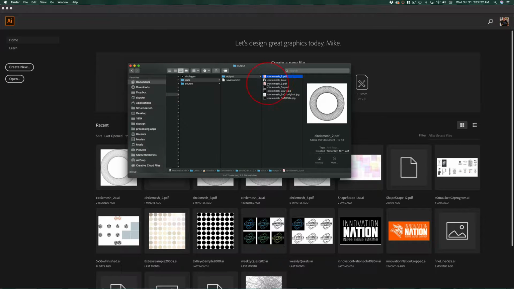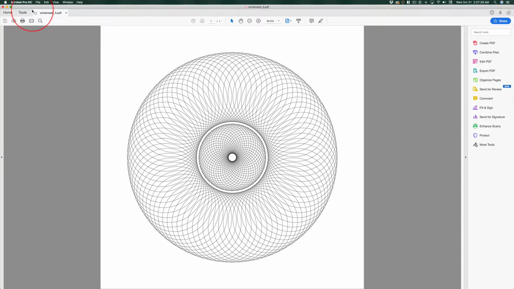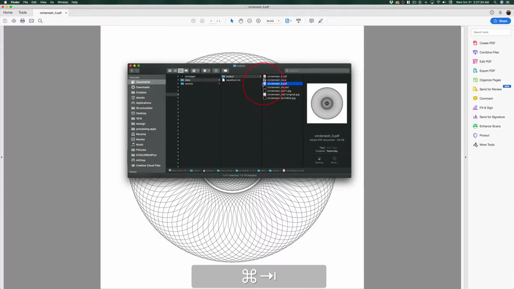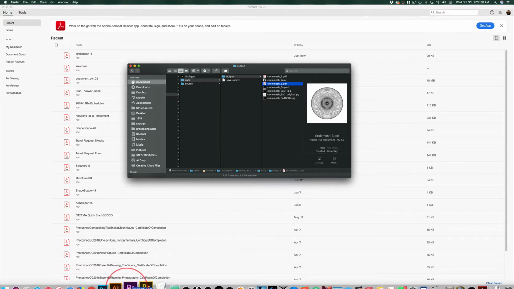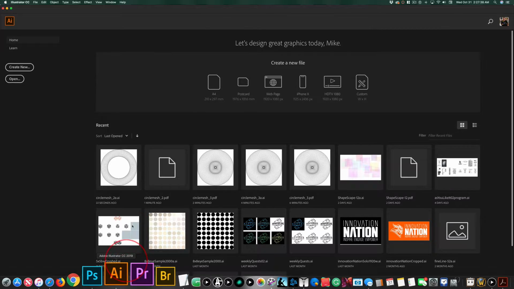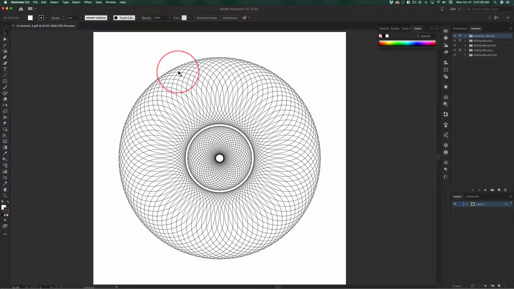Now, I'm going to open up this PDF, which actually is an Illustrator file. Notice, it did open up in Acrobat. So we'll close that, switch back over to the Finder, and drag this down. We can right-click on it, but let's just drag it down, open it up in Illustrator. And what I did is